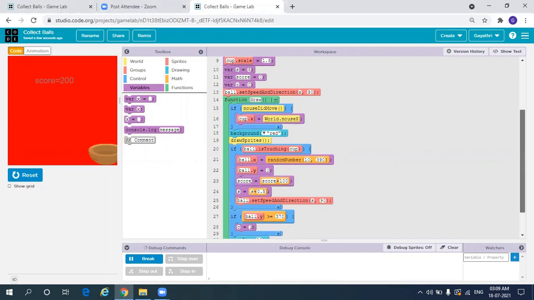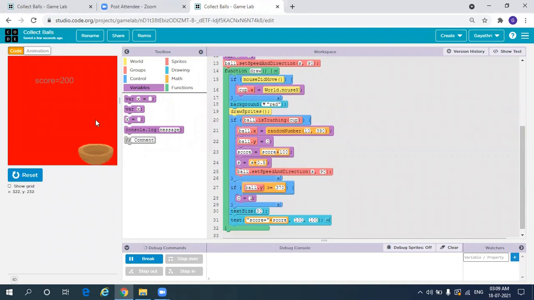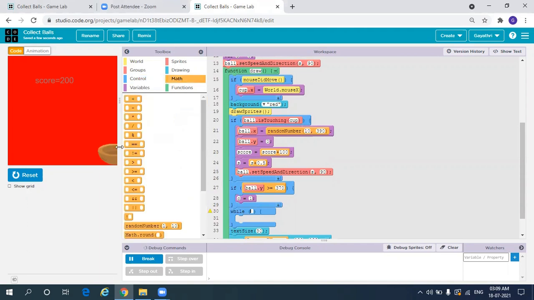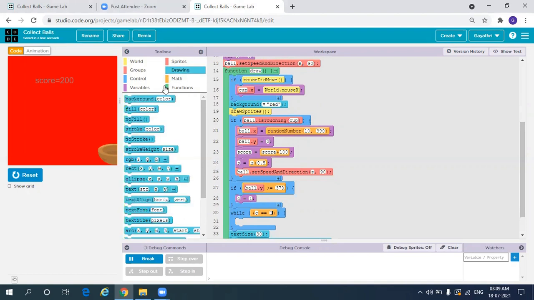Now, if c is equal to 1, we will print game over, right? For that, go to control, select while loop. While. Now go to math, select double equal to here. This is to check the condition. While c equal to 1. Now go to drawing. Select text. Before that, we'll select a text size.